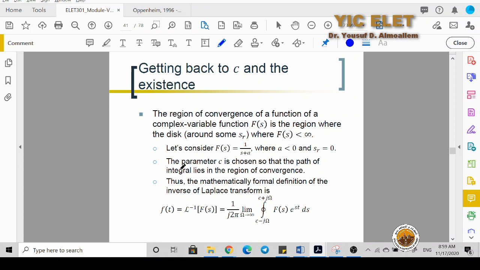So it is not only to find the numerical solution, the value of the Laplace transform, but also we have to define the region of convergence. Whenever we define the region of convergence, then we will be able to